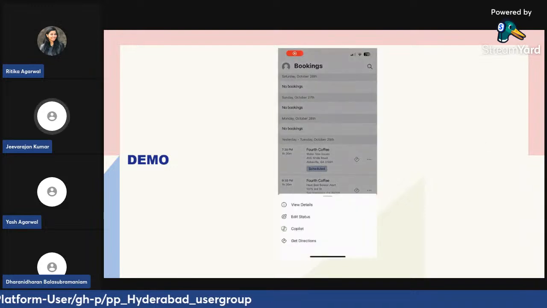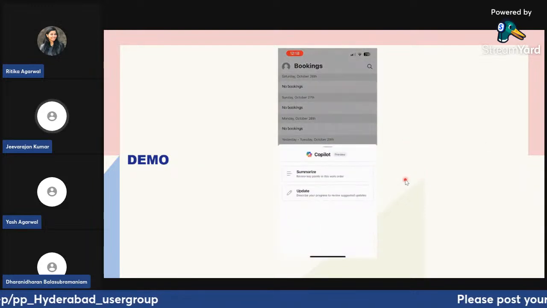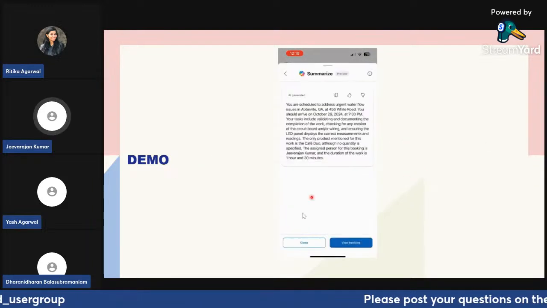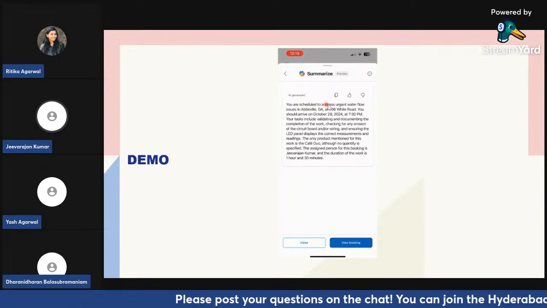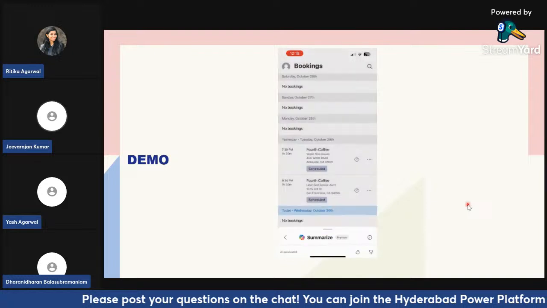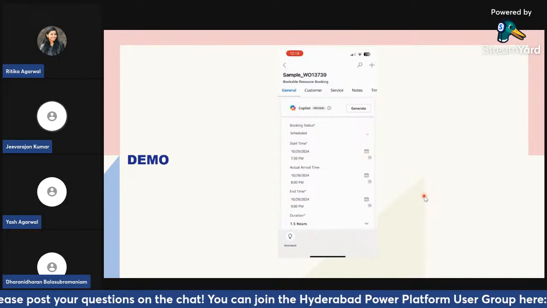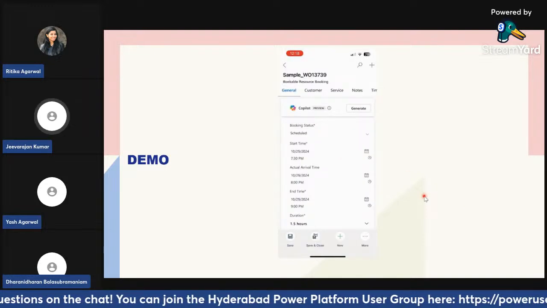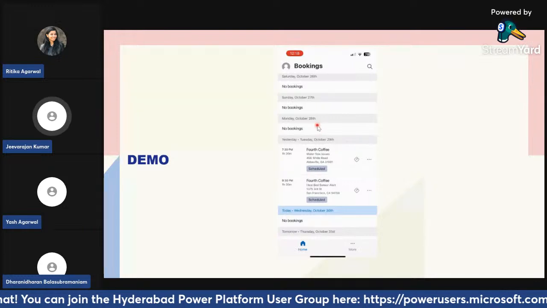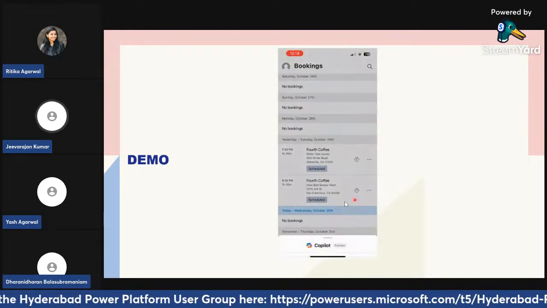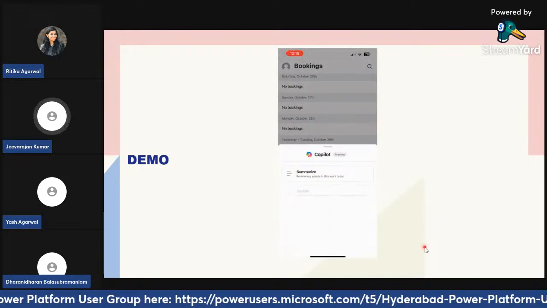As you can see here, I am just using the summarize option in this case. Similar to the web interface, the phone interface also does the summarize. Next, I'm going and checking the booking. Instead of going and updating myself, I'm going to access the Copilot to do the update this time.